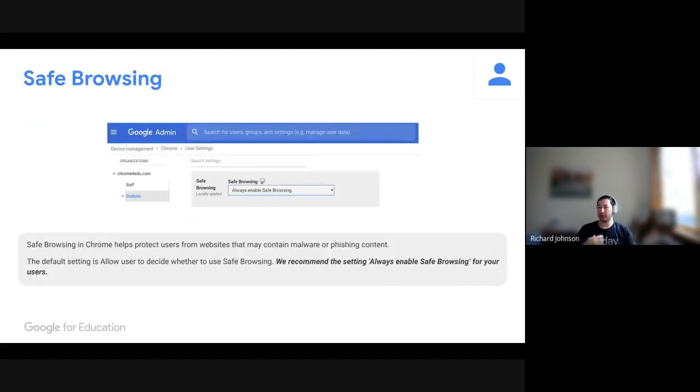Safe browsing. So safe browsing is something that you can apply as part of a consumer environment just on your Chrome browser. However, you can actually push this setting down to all of your users and make it mandatory. So it's something that we ask to enable for schools. And what that means is that when you're searching through Google search, appropriate material is going to come up rather than any material that you see on the internet. So almost like that saying, not safe for work, that sort of thing, that applies in this scenario.